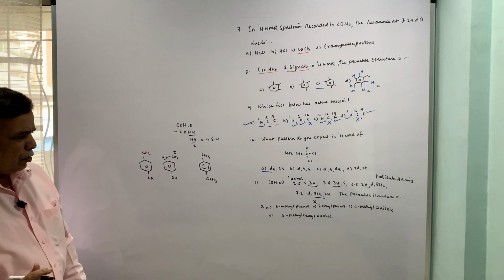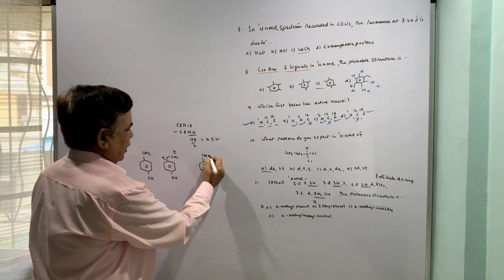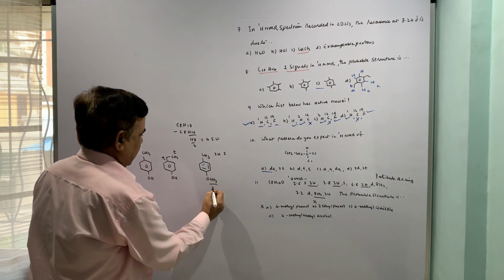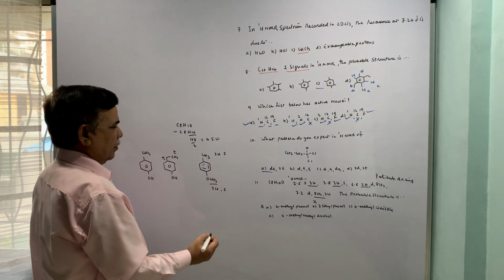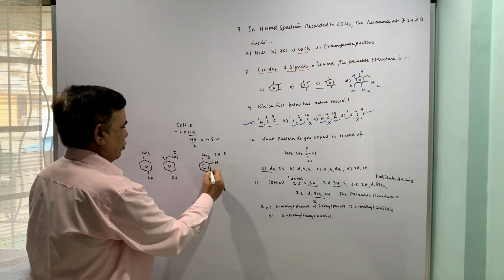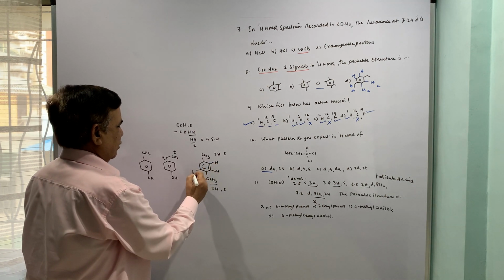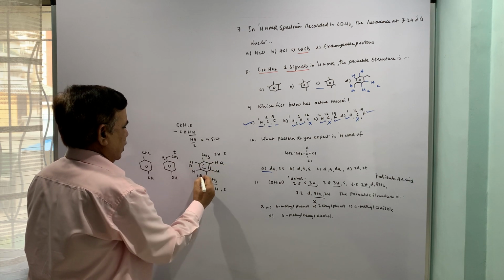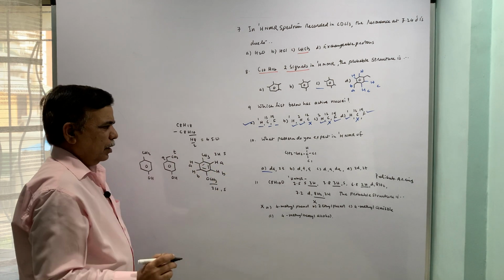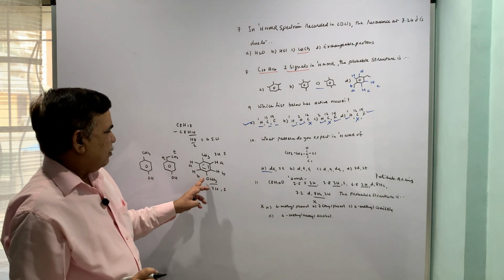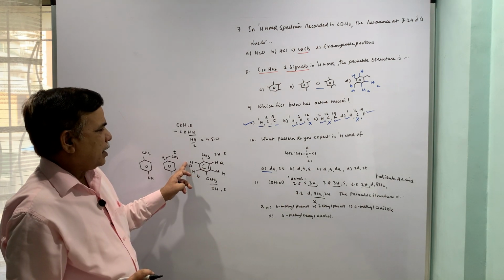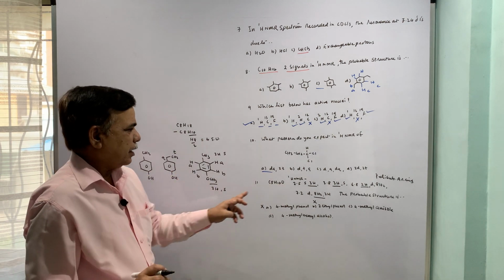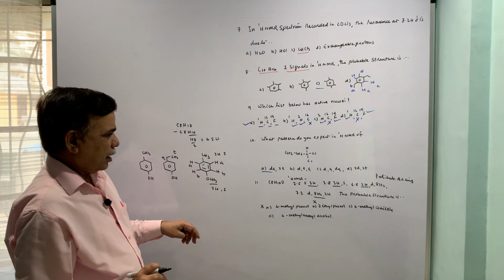So 4-methyl anisole, these 3 methyls will be singlet, these 3 methyls will be singlet, and of course these 2 sets are there. In para substituted ring you got to have 2 sets of proton, so they are going to display this will be 6.8, this will be 7.2 ortho coupled, so coupling constant is 8 Hertz. So this is the correct structure.